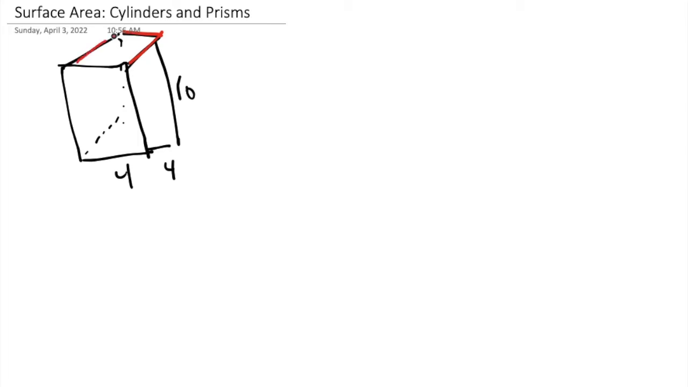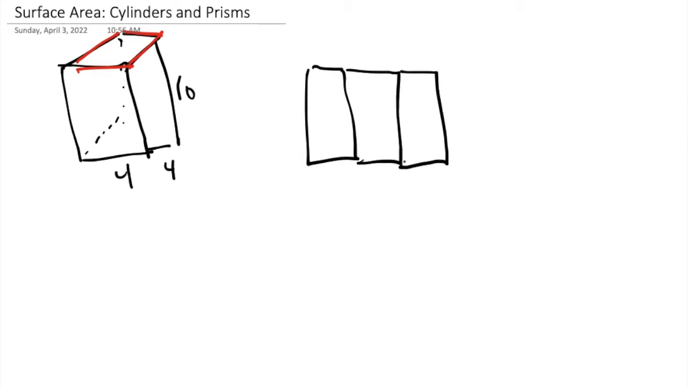So when we break it down, we're going to have a front, a back, the left side, the right side, and then the top and the bottom. And as you notice, this top here is the one I marked red. And when we cut out each face and folded them flat like this, we can remember that these four pieces